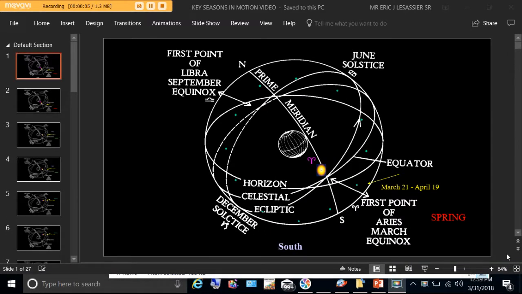Okay, so in front of you on the screen is a diagram of the patterns of seasons and how they are affected by the ecliptic, the celestial equator, and where the horizons are, but mostly where the equinox points are. So we have the Aries equinox, the first point of Aries, the March equinox, here at this conjunction between the ecliptic,